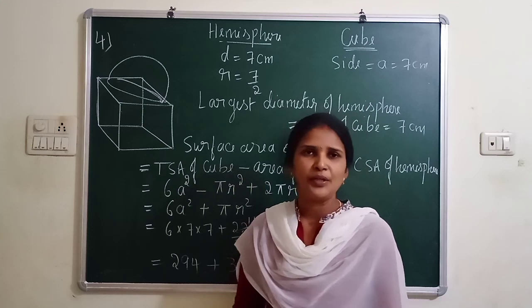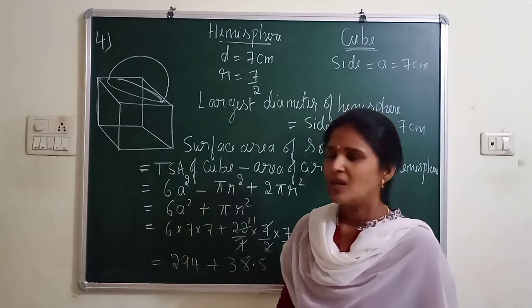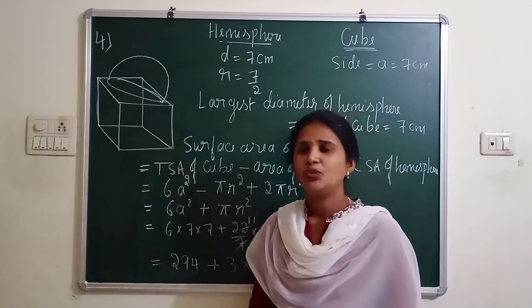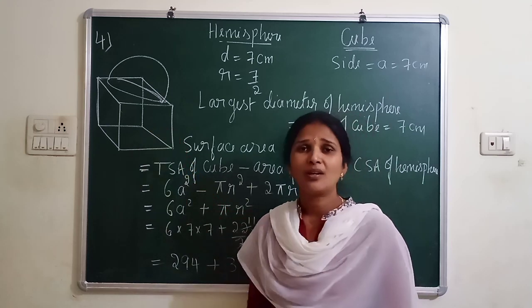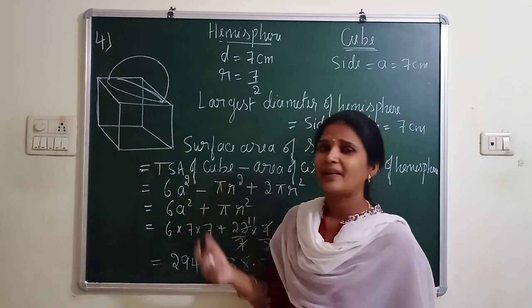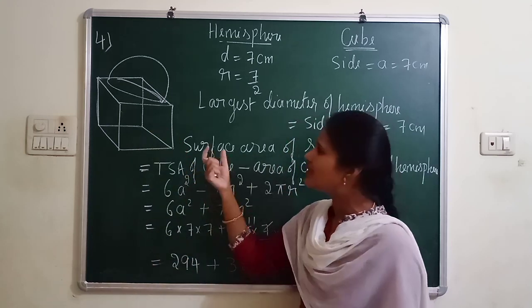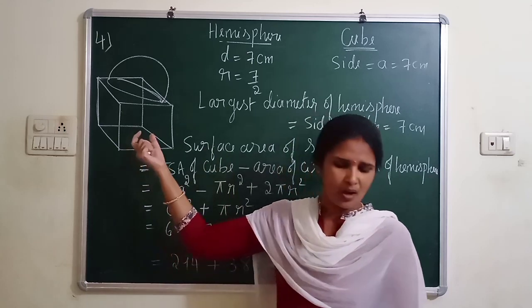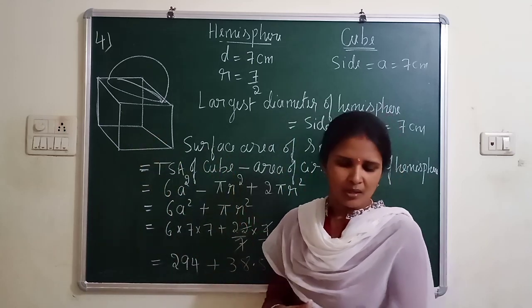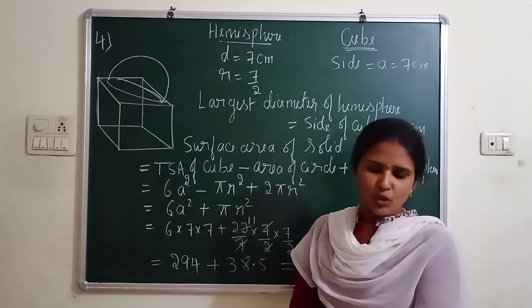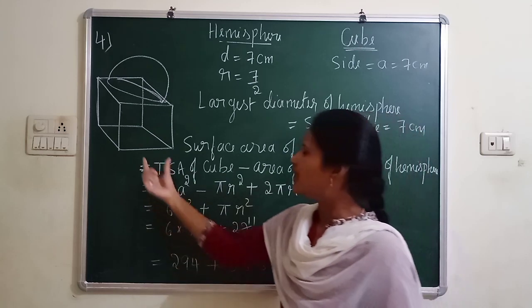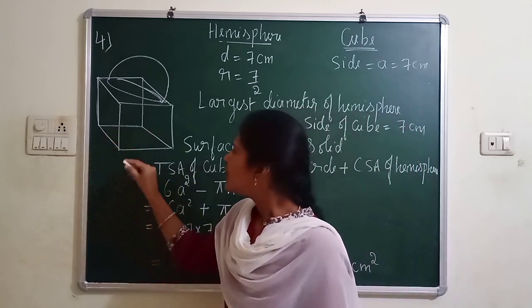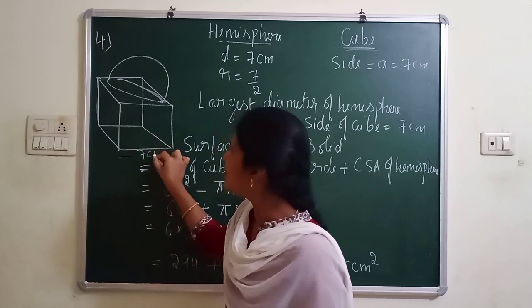Now let us continue with question number 4. So this is the block. By seeing this block, you may not understand what exactly it is. So let me read the question because it is a 3D figure. It is difficult to draw. So let me show the block. So given a cubical block of side 7 cm. So the bottom, what you have, is a cube which is of 7 cm side.